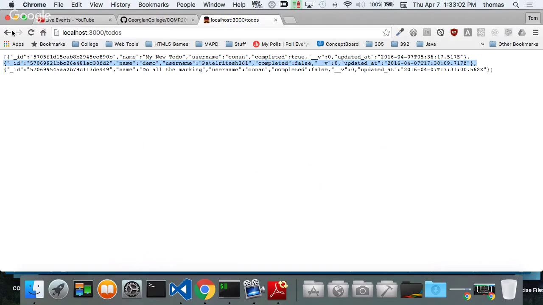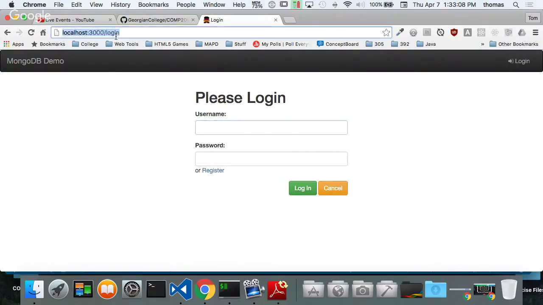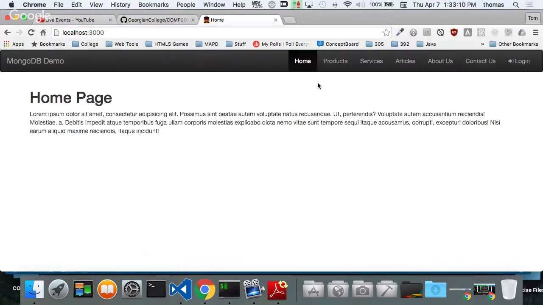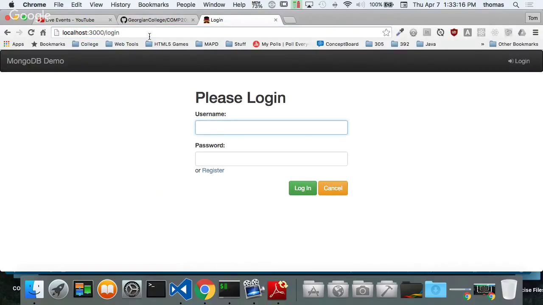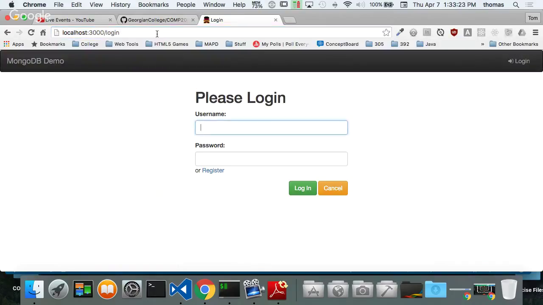So I've got stuff where you log in. I have to be logged in to see my to-dos list. If I log out, and if I go back to the origin here, so I go back to normal, notice that there's no to-dos here. And if I want to look at the to-do list, like we did before, it's secure. So I go to the to-do list, and it takes me back to login. Same thing with to-dos. If I want to look at that JSON data, it won't let me see that data unless I'm logged in. But after I've logged in,